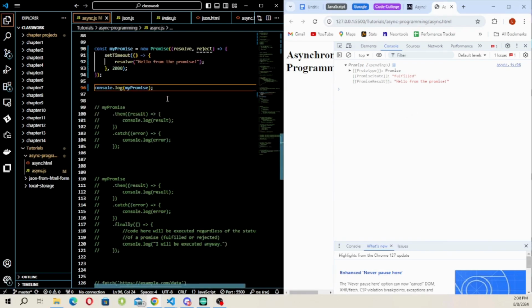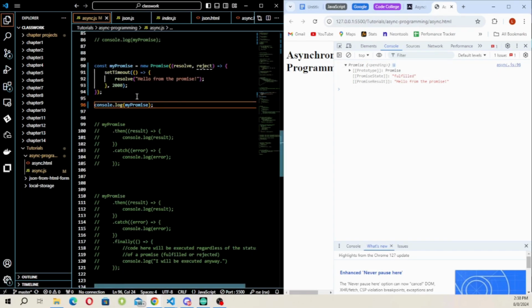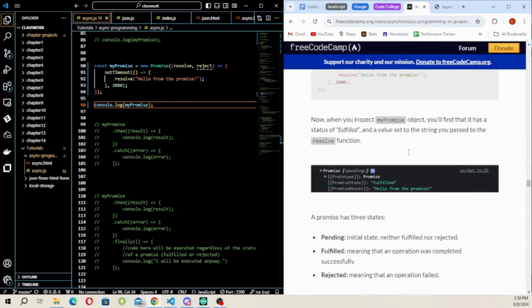But what happens, as you can see here, it's underlined. We don't have any logic to handle what happens if this fails. This works because this is a very simple thing. We just passed in the string if it does resolve, right? And so moving on to the next part,